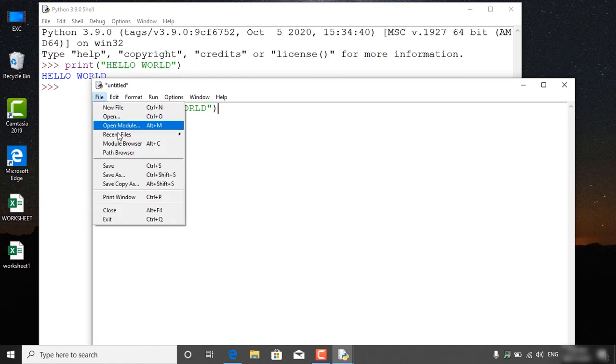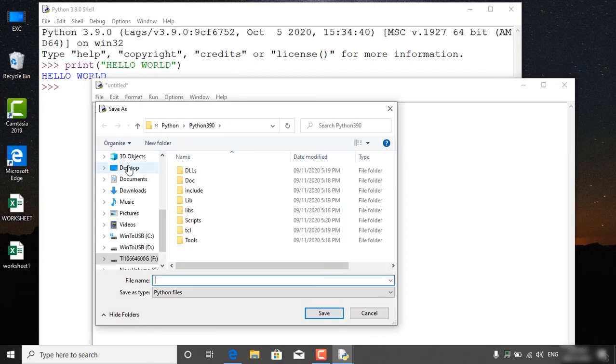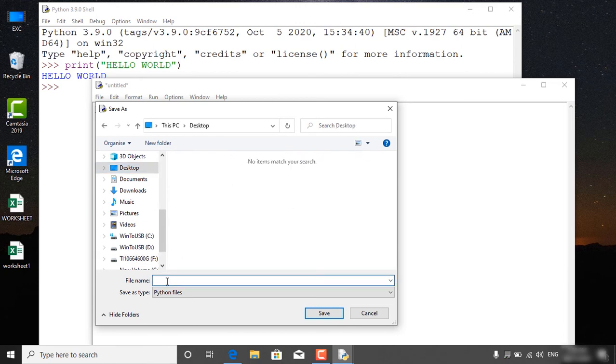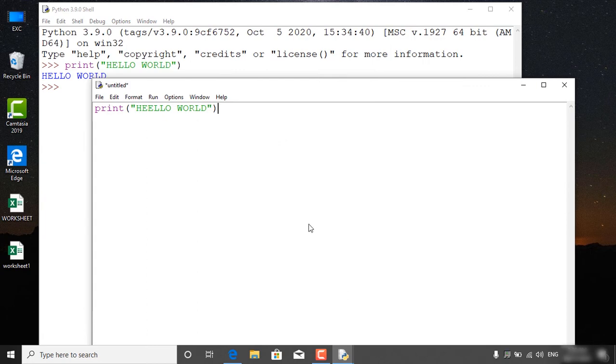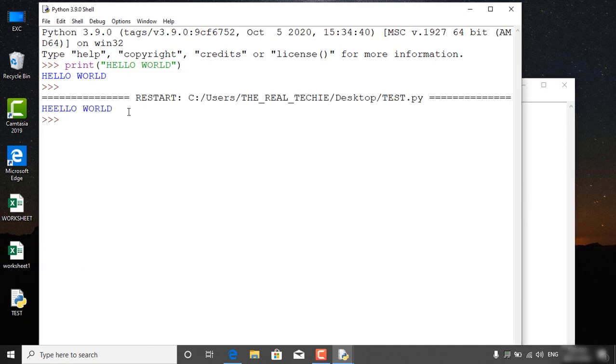For that, we click File and Save, and it will ask for the location where we need to save. Here on the desktop, we will type test, and once we click save, we can see on the desktop it will be saved as test.py, and we need to run it by pressing Run, or we can press F5 also. So we'll get the result here.